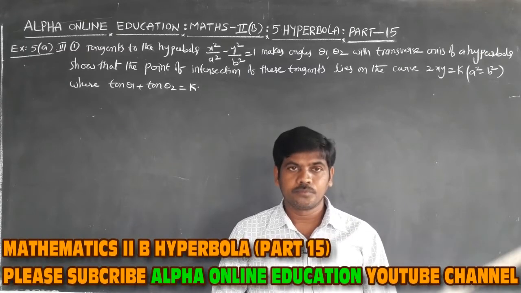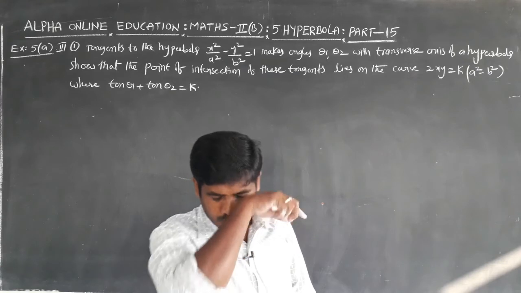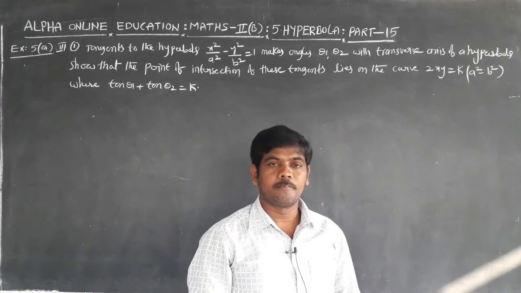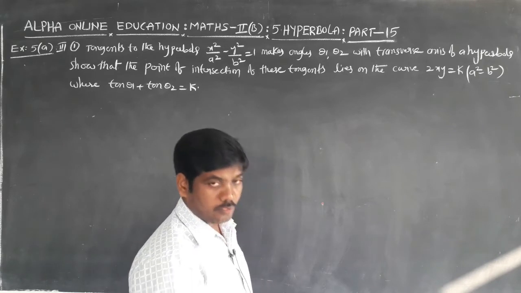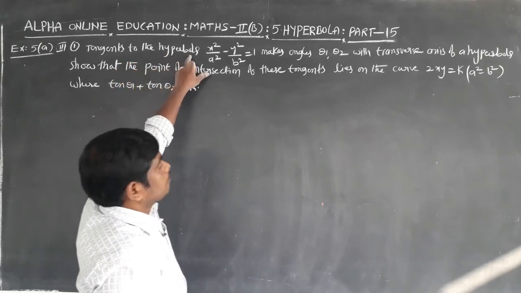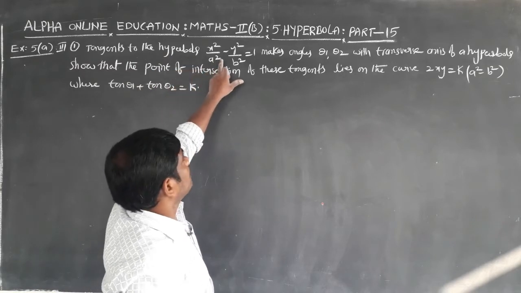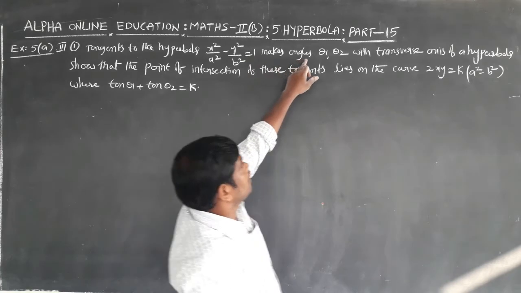One problem. Mathematics 2B, fifth chapter, hyperbola. Most important question in 4 marks. Exercise 5A, third bit, first problem. Tangents to the hyperbola x square by a square minus y square by b square equal to 1 make